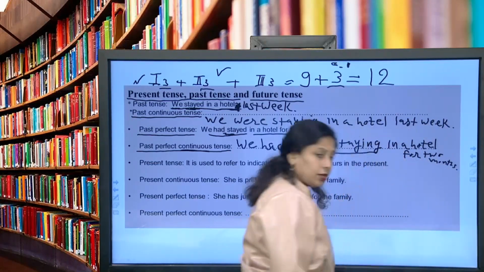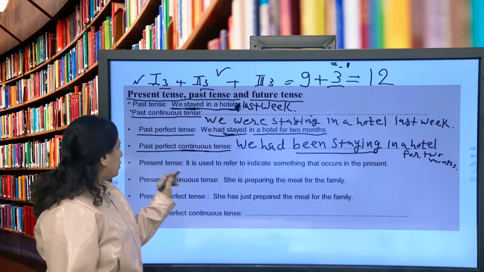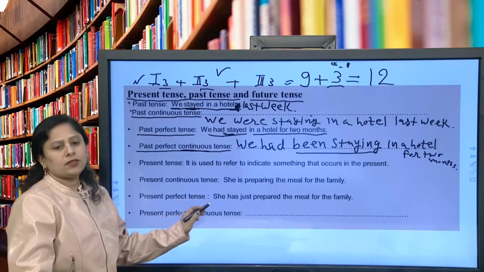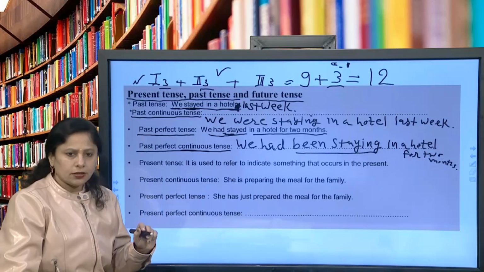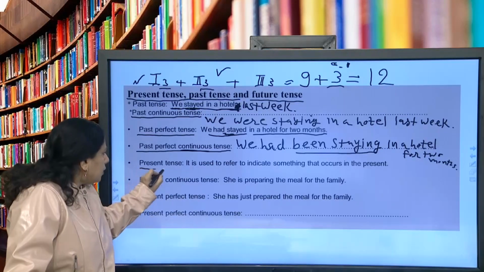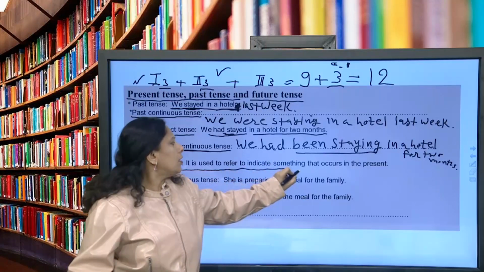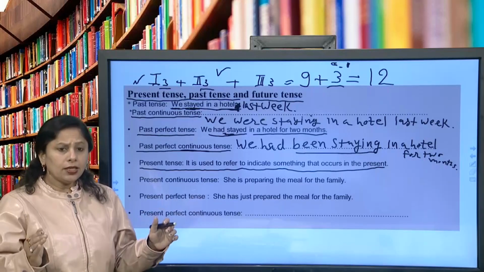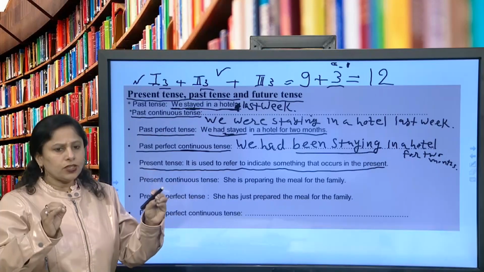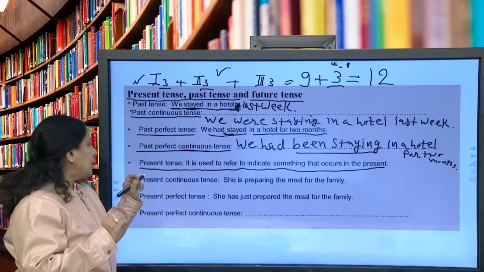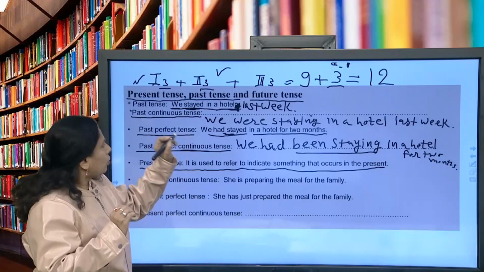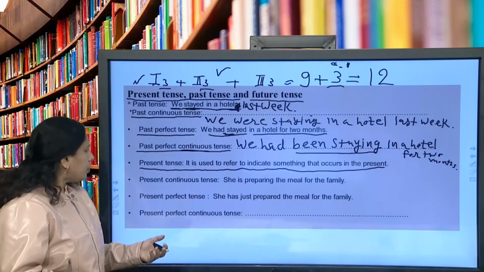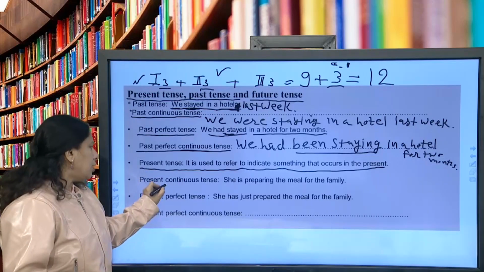Now let's go for the present continuous tense, and present tense first of all, then present continuous tense, and then present perfect tense. Let's understand the term right now. The present tense is used to indicate something that occurs in the present. As for example, we are learning, you are listening to me. The learners listen the video session of the grammar. The teacher teaches the topic of unit number 9 right now. These are the sentences of present tense, and how it is presented in continuous present tense.